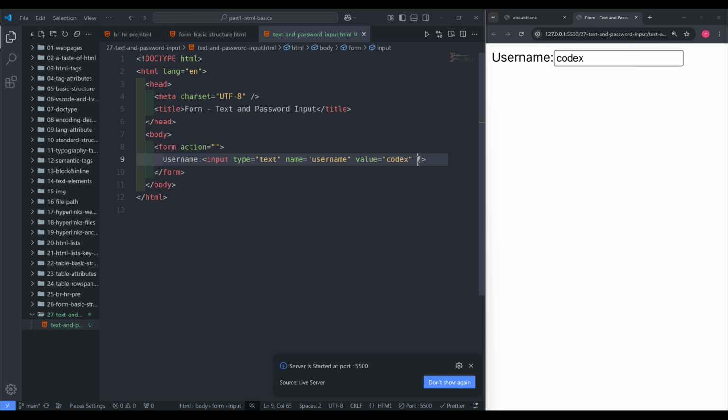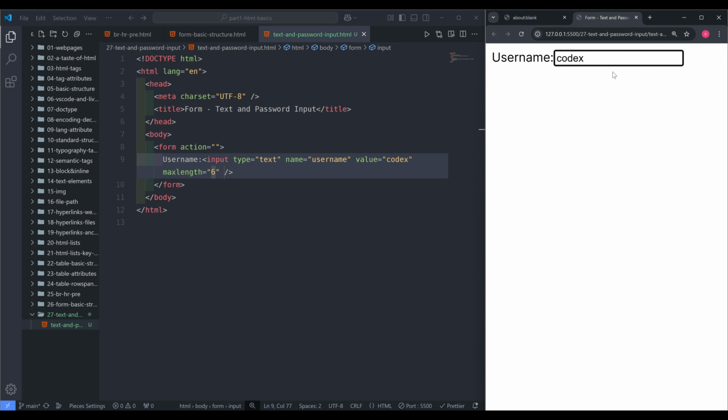Another attribute is maxlength, which specifies the maximum number of characters that can be entered into the input box. For example, if I set it to 6, the input box will only allow up to 6 characters. Since codex already occupies 5 characters, I can only input one more character. If I type 1 and then try to type 2, I'll find that it won't let me input any more